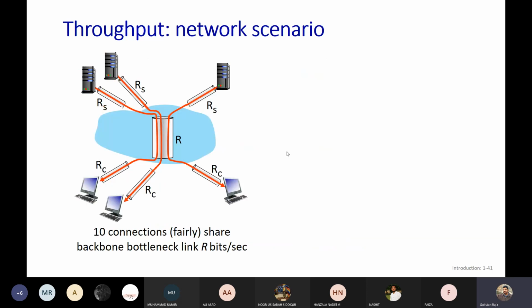So this is another scenario in which there is a network, and consider again this link throughput R, and what are the individual ones? There are 10 connections, and each one's throughput is Rs. Rs is smaller, capital R is greater. So here 10 connections are fairly sharing the backbone bottleneck. So, backbone network,